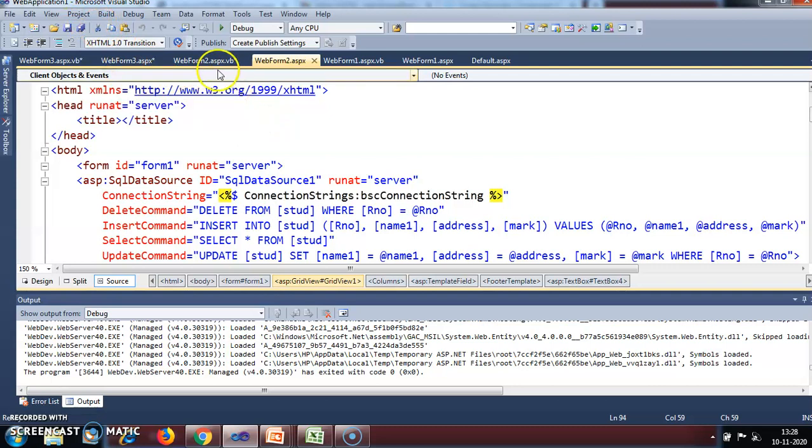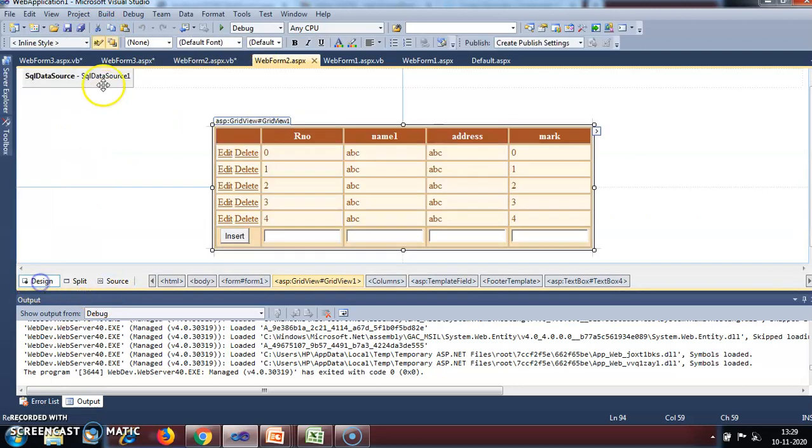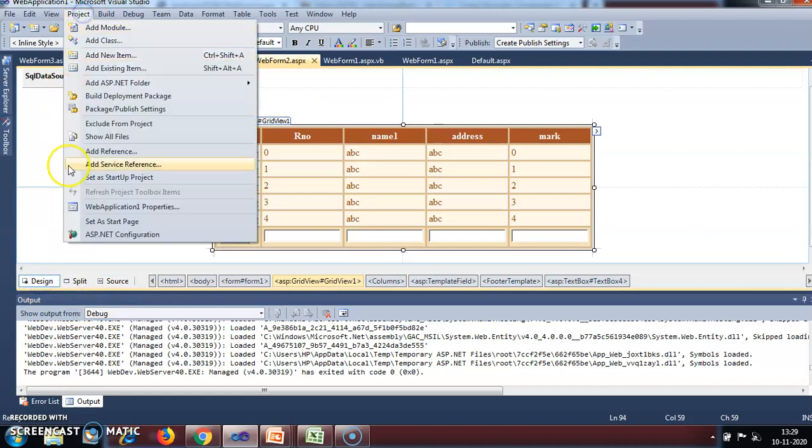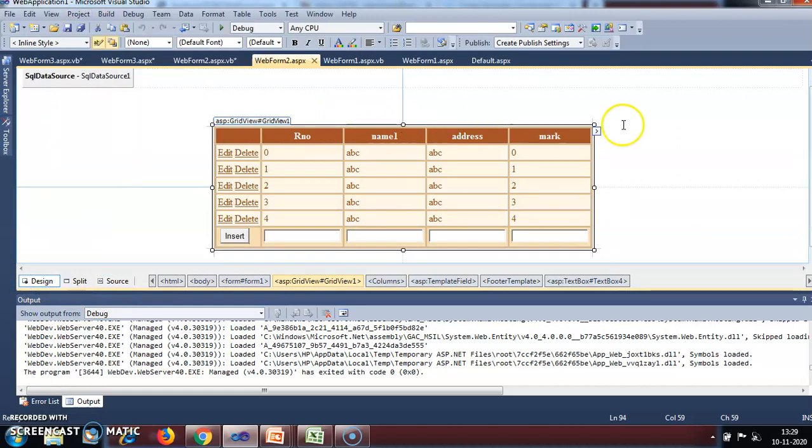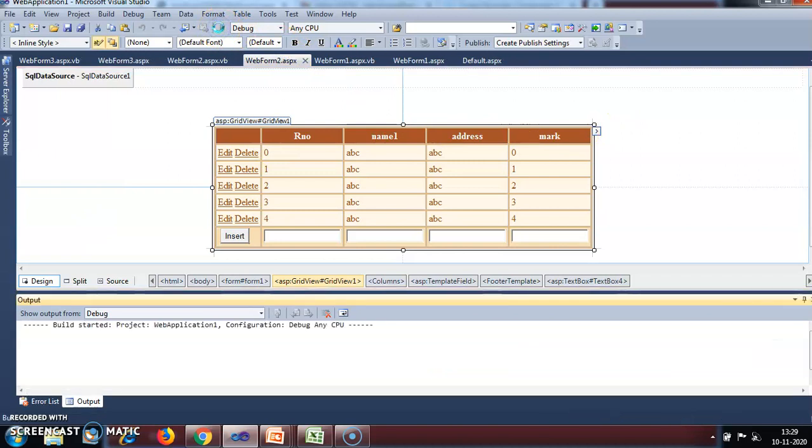Now you can run the application. Now if you run it, you are able to see this.